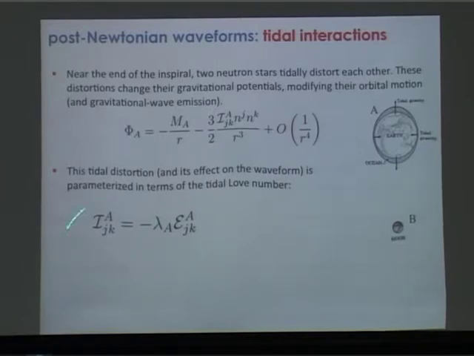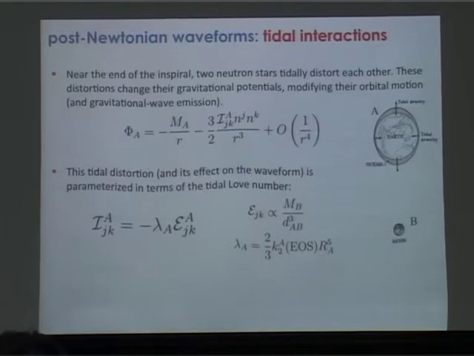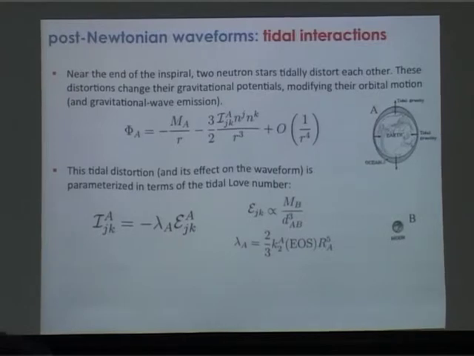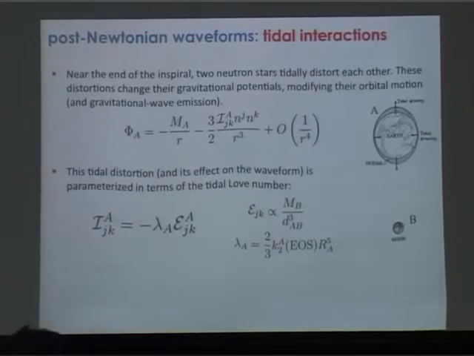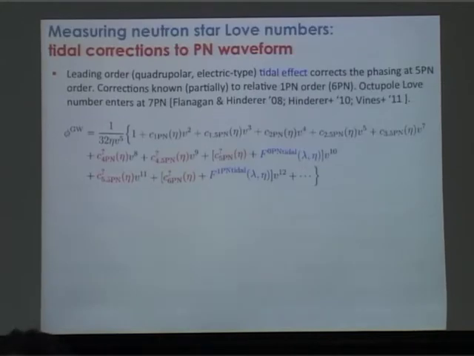So that relationship that defines this Love number quantity is written here, where this tidal field just looks like your standard Newtonian tidal effect. And this Love number quantity essentially depends on the radius of your neutron star to the 5th power times some coefficient, which is really what's called the Love number in the solar system dynamics literature, which depends on the equation of state of your neutron star. So if you can measure what this number is, you're going to get some information on the equation of state of a neutron star. So that's why we want to put this into the waveform and figure out what it is, because we'll be able to make this kind of constraint. So this has been the subject of many, many studies, which I won't go into.